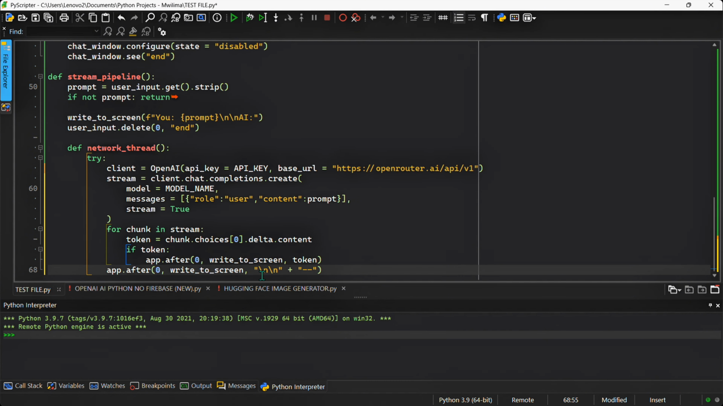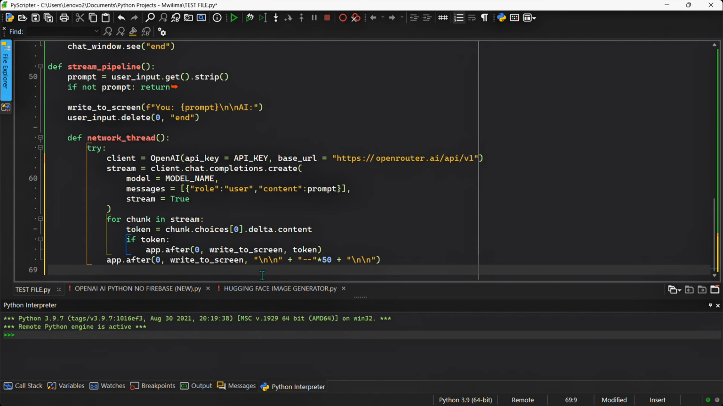Then just for our AI response look, we're going to add 2 hyphens right there. Then we're going to add times 50. Then we're going to add a plus sign right there, then 2 backslash n's, and that's just for our AI response. So right after this, we're going to go back into the same line as our try statement, and we're